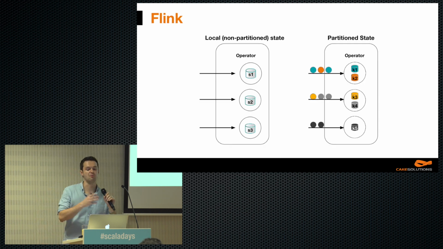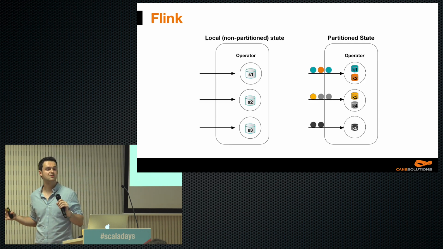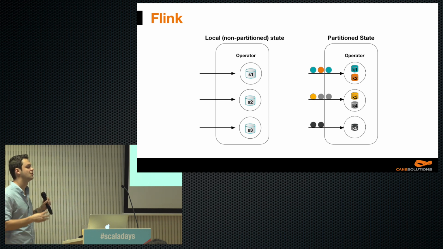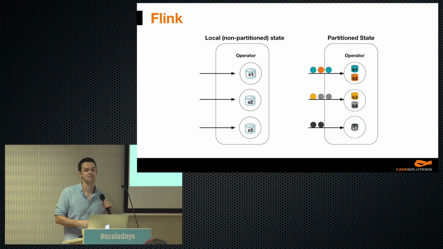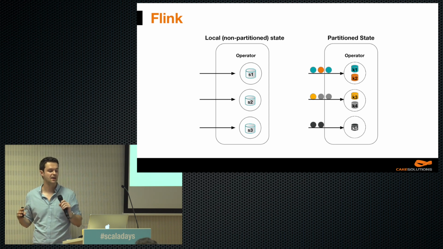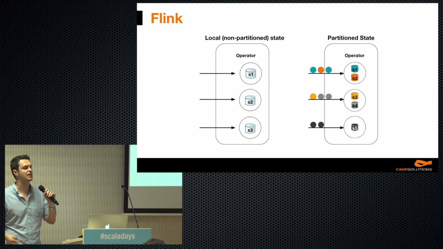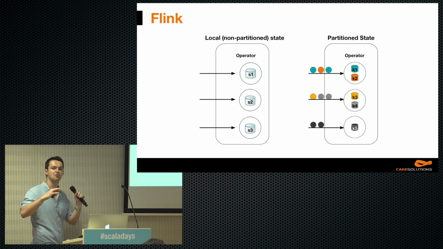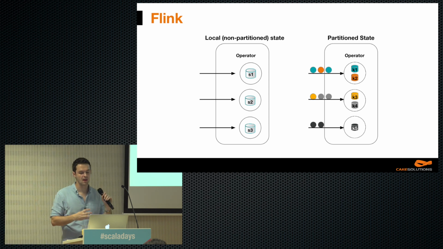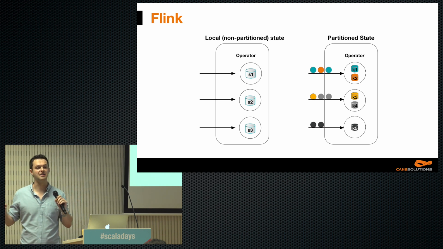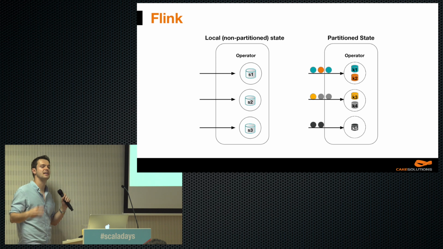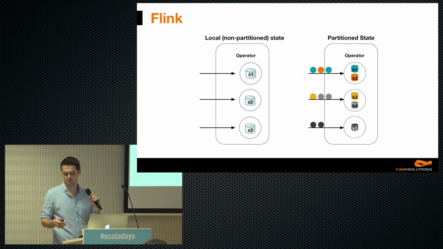Flink provides stateful operators like Samza or Apex. When working in Flink, we can use two different types of states. First one is a traditional or local state, if you will. It is a current state of a particular operator instance only. These guys do not interact between each other. Apart from that, Flink provides partitioned or key state, if you will, which basically maintains state of a whole partition.